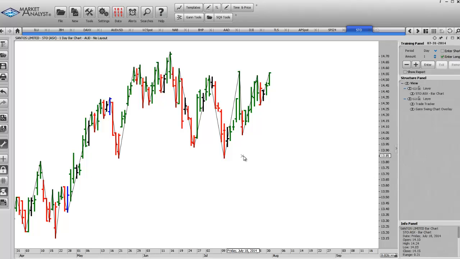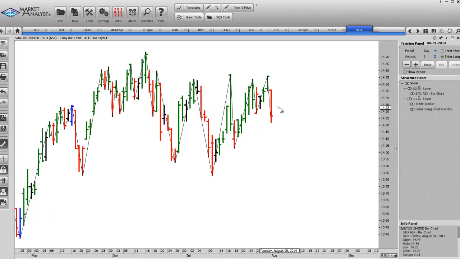Now, the reason that we do this is because it creates, first and foremost, an indication of the trend or the direction of a market, but it also gives us some patterns that we can use to find exceptional opportunities. Now, what I'm going to do is just advance this one day into the future,